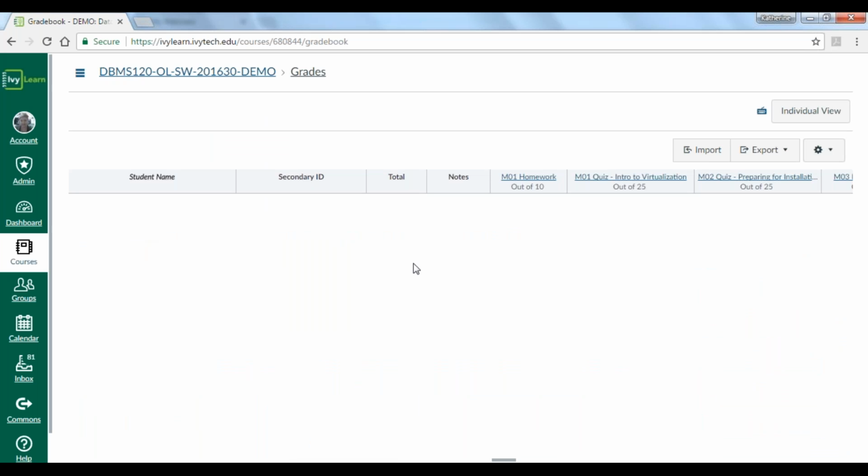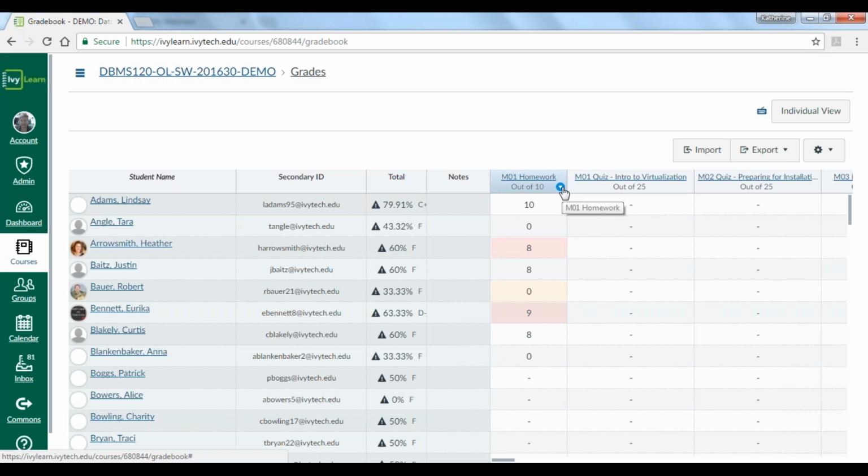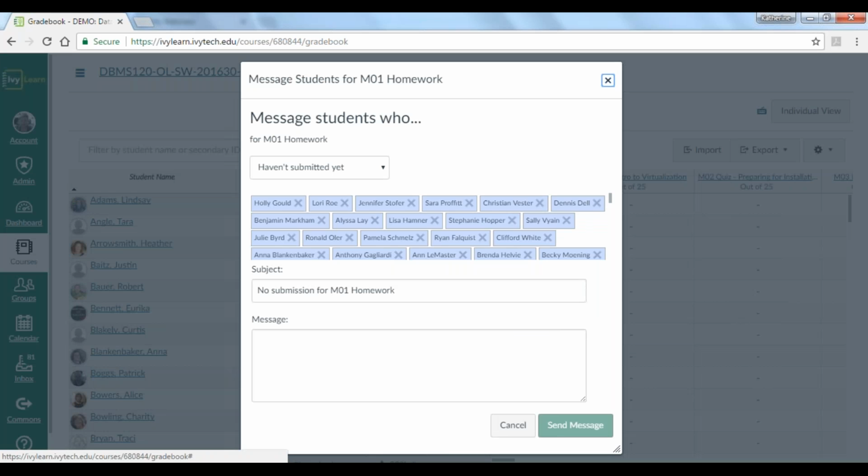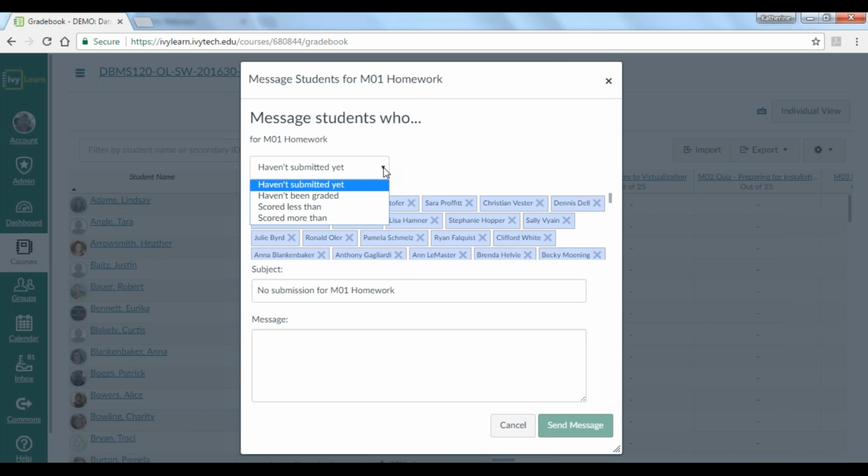And then from the grade center column or assignment column, from the pull-down menu, I selected message students who... haven't submitted yet. So now I'm notifying them, hey, get into class before I have to drop you for non-attendance. I can also use this pull-down menu.